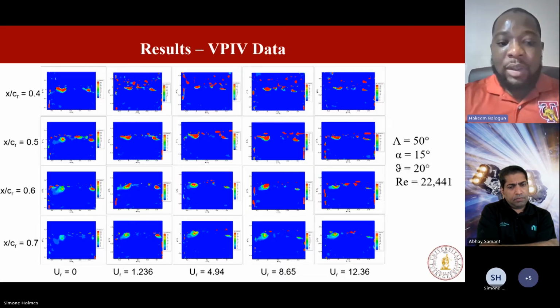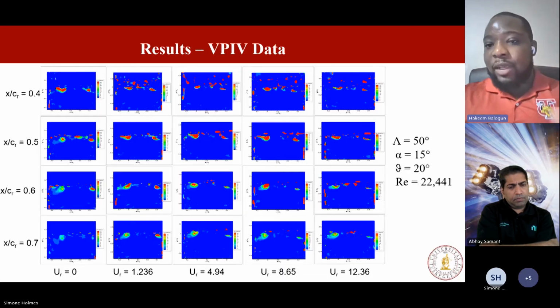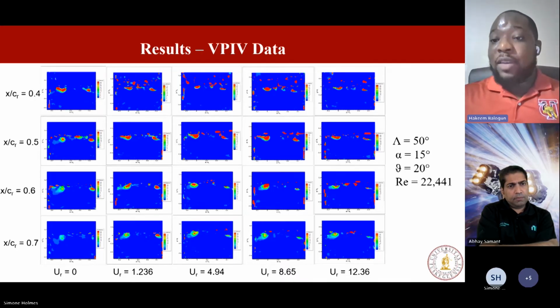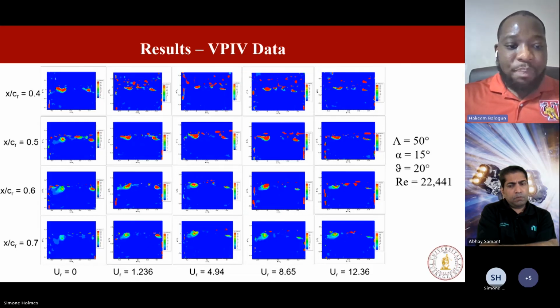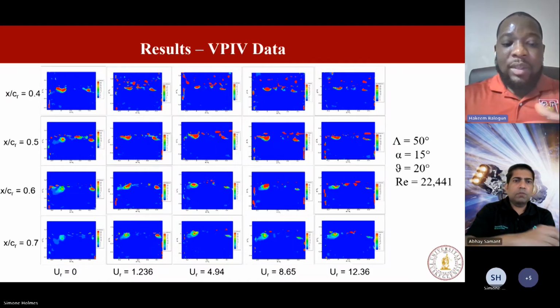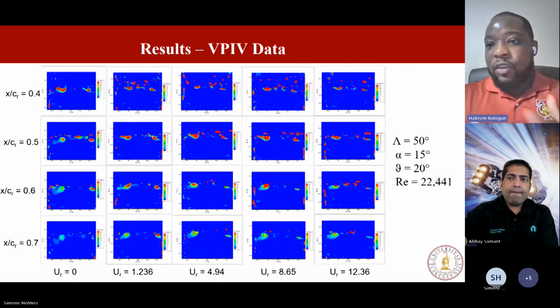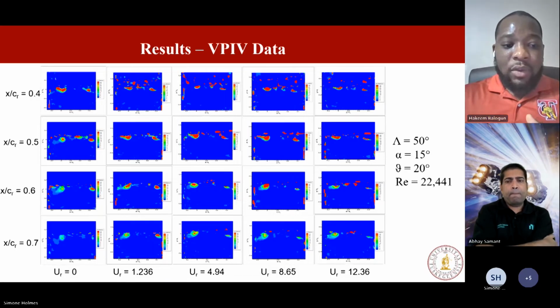And this is reminiscent of the shear layer curling around the axis, which is something I mentioned about the dye flow visualization. So the PIV data is revealing quite a bit about the flow that wouldn't normally be known just through dye flow visualization. These vortices grow smaller as we increase the jet velocity ratio, and the introduction of trailing edge jets is helping to mitigate this expansion of the shear layer as a result of vortex breakdown. So at X over CR equal to 0.6,